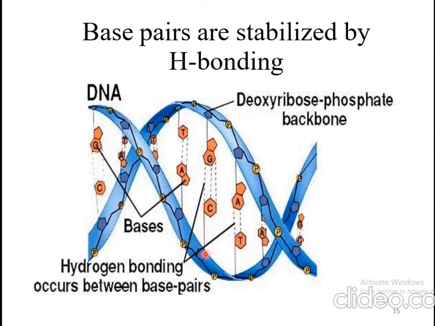In one strand C and in the other strand G become paired, and there are 3 hydrogen bonds between C and G and 2 hydrogen bonds between A and T. You can see this in the picture clearly. Hydrogen bonding between these base pairs stabilizes this structure in the rightward direction. They hold up this structure because of this strong bonding, which is known as hydrogen bonding.